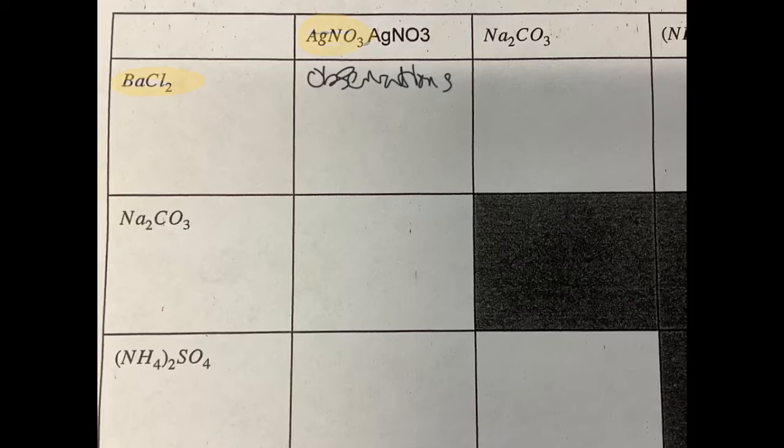So silver nitrate is actually floating around in solution as Ag+ and NO3-. On the other hand, the barium chloride is floating around as Ba2+